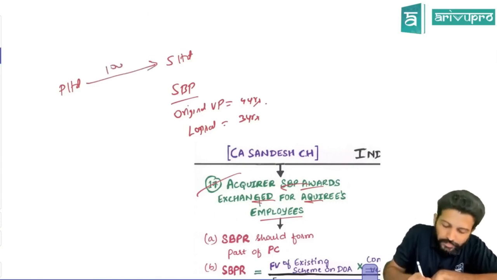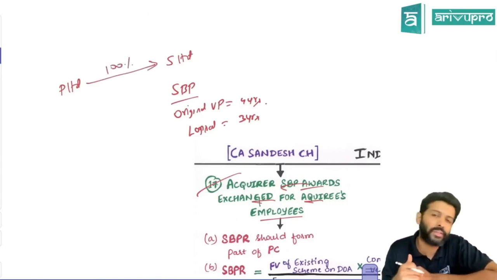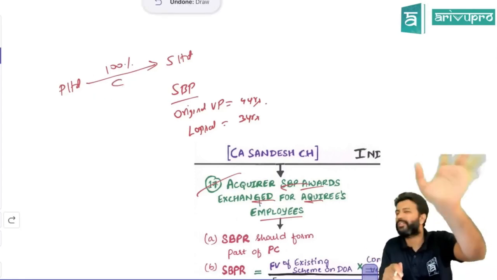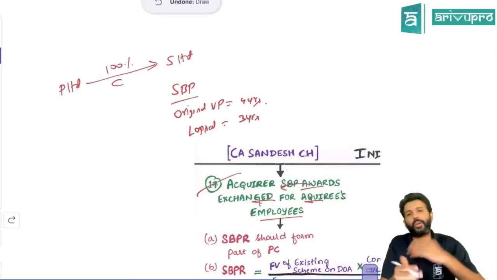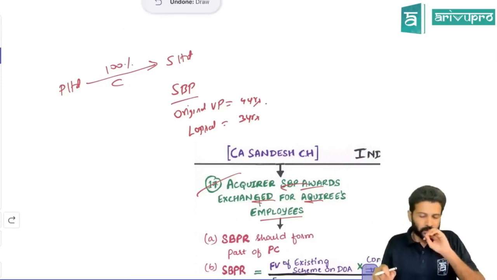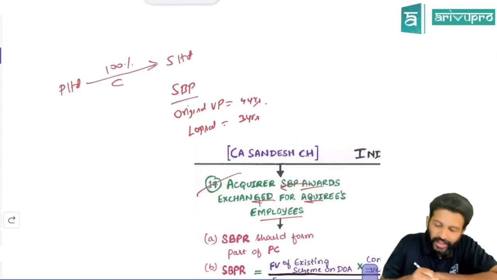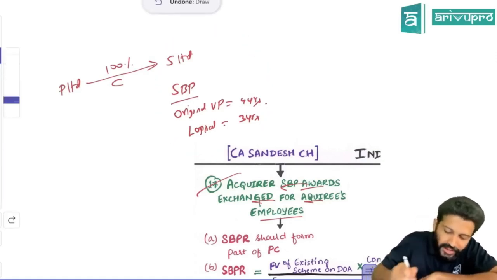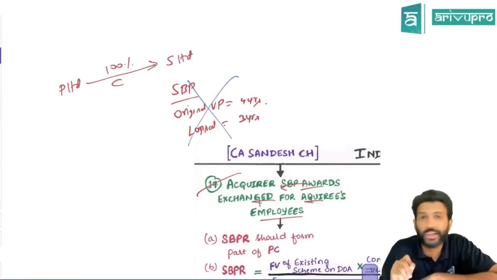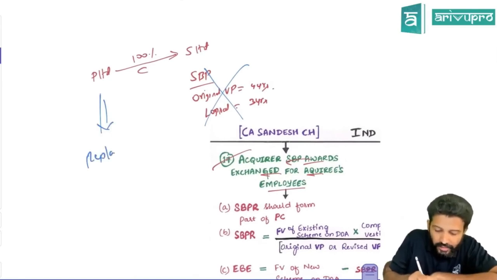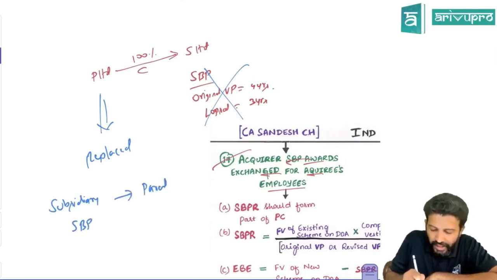Let's say P Limited acquired 100% of S Limited. Whatever, we are not interested in percentage. We are interested in control. Control you get with more than 50%. As long as P gets control, the percentage doesn't matter. So S Limited already has some share-based plan. What parent did is they cancelled this plan, because this plan belongs to S Limited. They cancelled this plan and P Limited replaced the subsidiary's share-based plan with the parent's share-based plan.